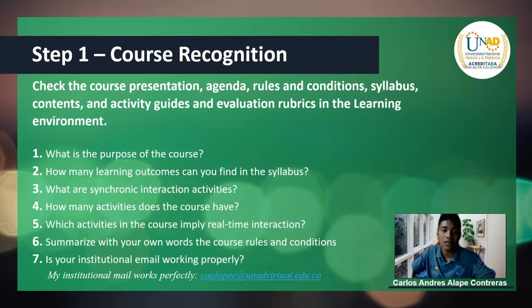And finally, Task 6, delivering a speech through a web conference system. And question number 5, which activity in the course implies real-time interaction? The course activities that involve real-time interaction are the weekly meetings,